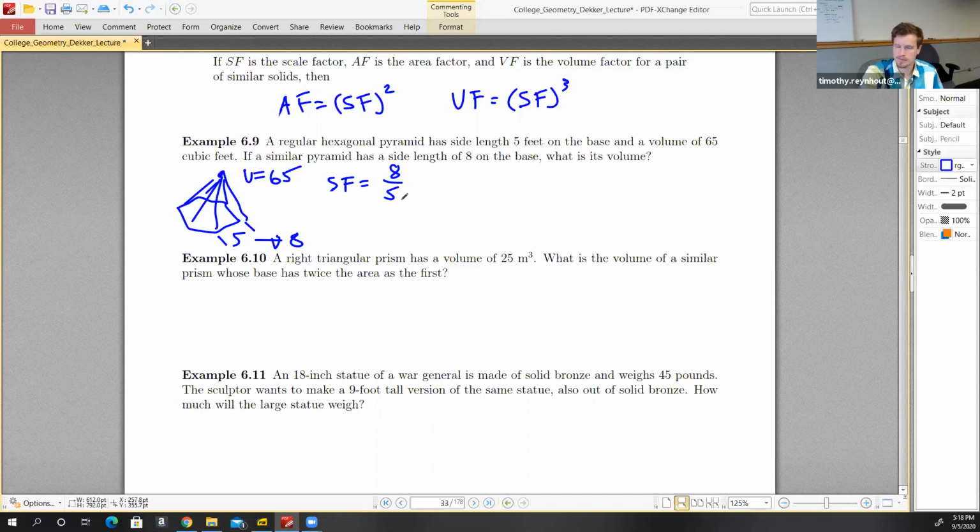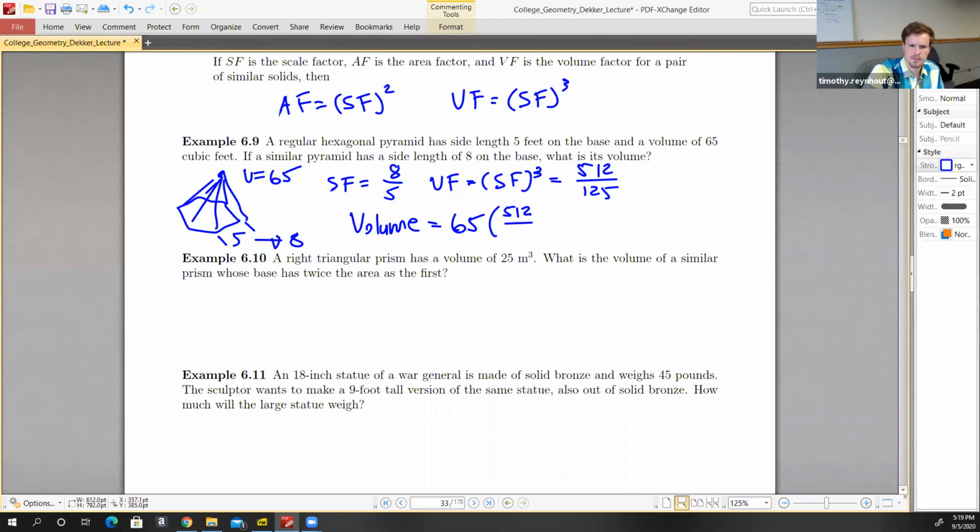Well, it's already simplified, so this is the scale factor. Then the volume factor is equal to the scale factor cubed. All right, well, 8 cubed I don't know off the top of my head, but fortunately I calculated that ahead of time. So that's 512 divided by 5 cubed, which would be 125. Excellent. So then the volume that we're interested in finding is 65 times the volume factor of 512 divided by 125,